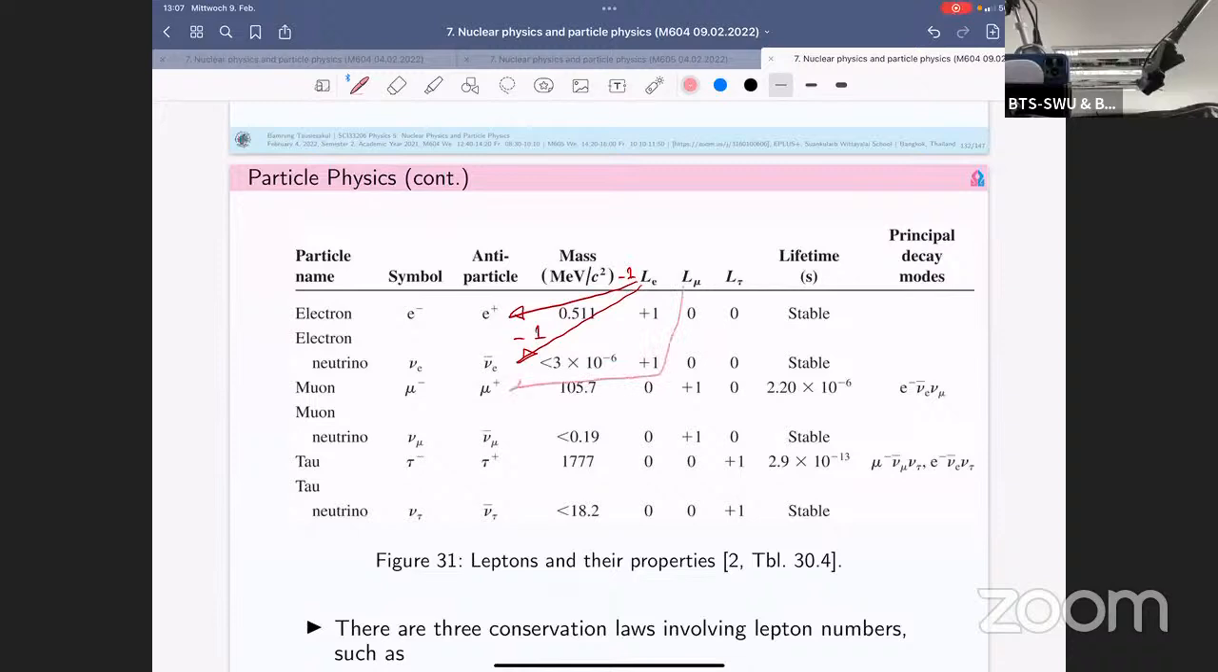Regarding the muon lepton number for the anti-muon, I would say that this one is -1. Okay, the anti-muon has the muon lepton number as -1. But for the typical muon, it has +1 right here. Okay, and for the muon neutrino, the typical muon neutrino would have